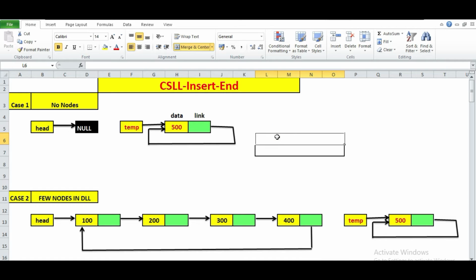So we write: if head is equal to null, then head equals temp. That means the value of temp, which is the address of the new node, will be copied into head. So that is the first case.